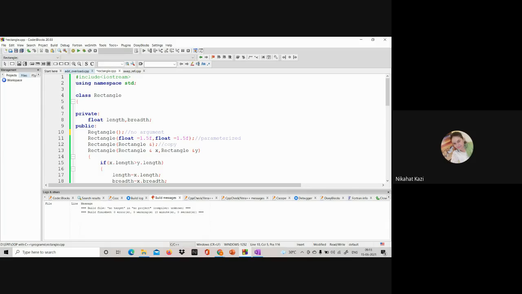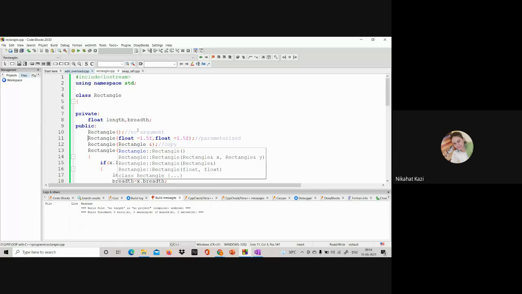Because when we just say rectangle and without giving anything in the parenthesis, it could mean two things: either the no argument constructor or the parameterized constructor with default values. Yes. So what is happening? There'll be a conflict, right? Because the compiler will not understand whether to call this function or to call this function, because this function will also accept a no argument object, right? So there'll be an ambiguity.